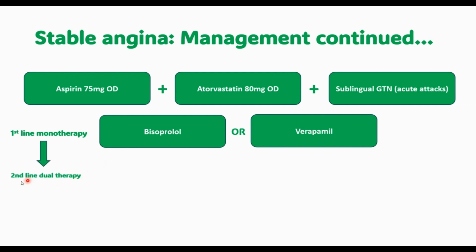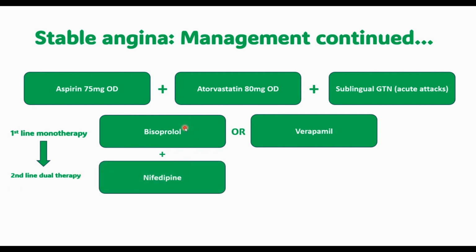And then we move on. The patient can move on to dual therapy, so they might have another medication started. And if you're using bisoprolol, okay, we've got verapamil here, which is a calcium channel blocker, and we have nifedipine, which is a calcium channel blocker. But if the patient's using bisoprolol, you'd want to start nifedipine, because nifedipine acts on peripheral calcium channels, so calcium channels on blood vessels,